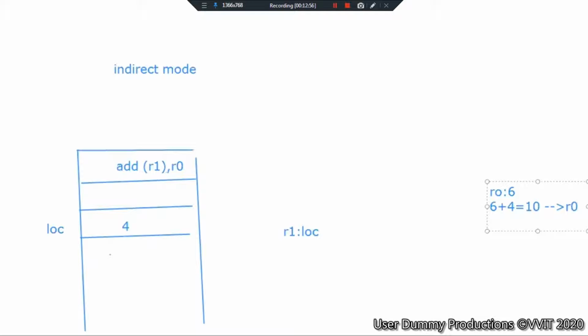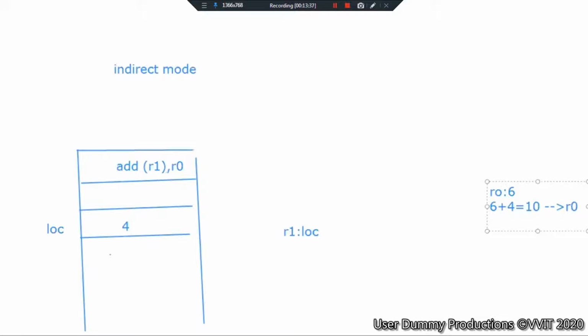No, ma'am. Okay. Which modes have we seen up to this? Register mode, absolute mode, immediate mode, indirect mode. So now we are going to see index mode. Index mode is very easy. Same thing as I told in indirect mode, but we will add something called an offset or displacement. Now tell me how to do this.